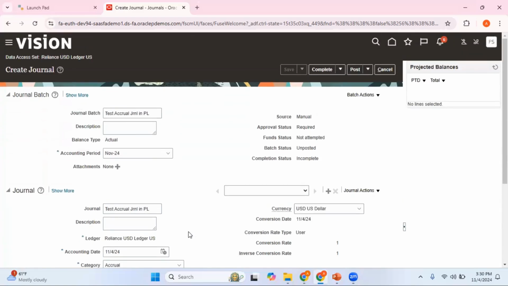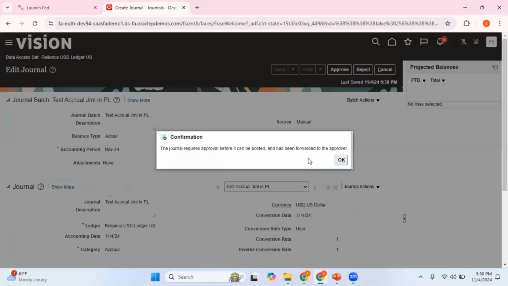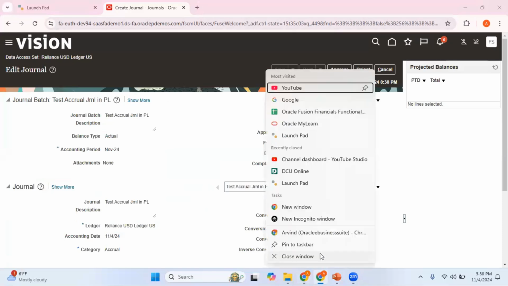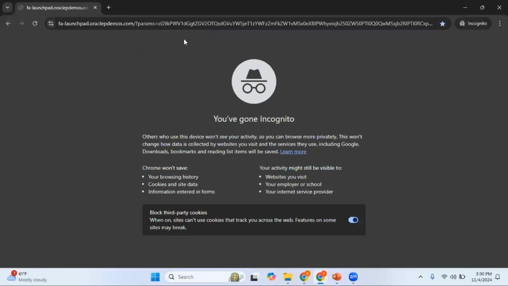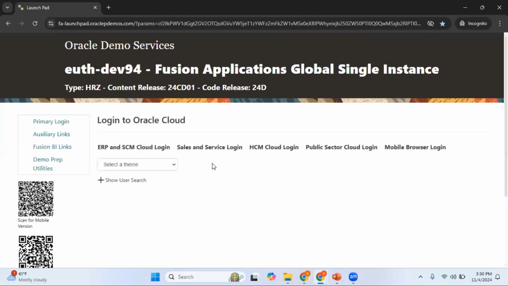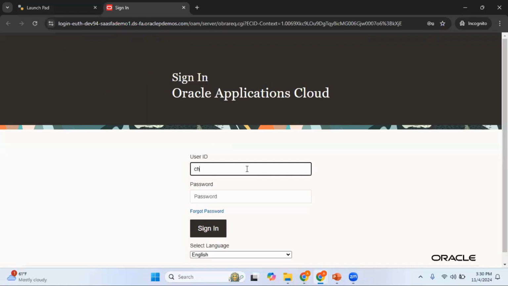Okay, save. Okay, so this journal requires approval. That's fine. Okay, let me also log in as an approver and then approve this journal so that the journal can be posted. So let me log in as an approver. So this journal is submitted by a user FAS14.student. So I know for this particular user, we are using a supervisor hierarchy in this